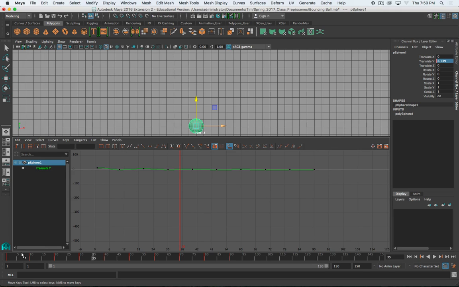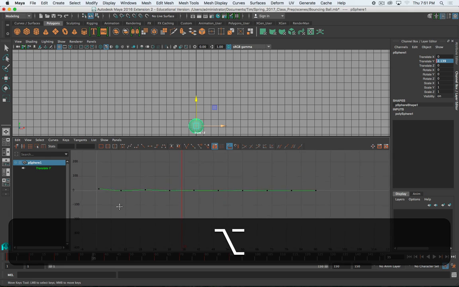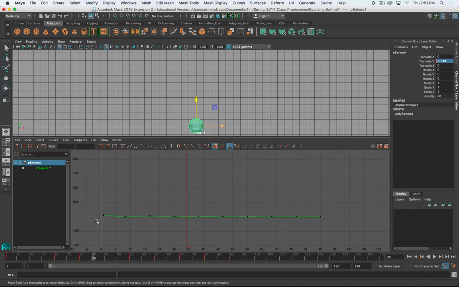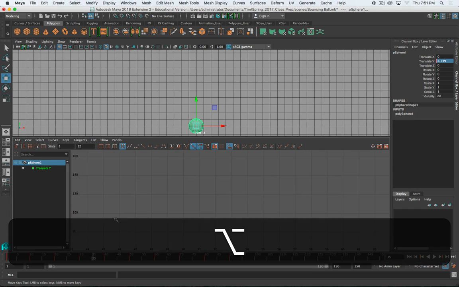Just like your timeline, the numbers don't exactly match up, but as you go, this lighter vertical line is 0, and then 6 frames, 12 frames, and on and on. The vertical axis is the value. So in this case, it's going to be units because it's the translate. Okay, so if I zoom in here,